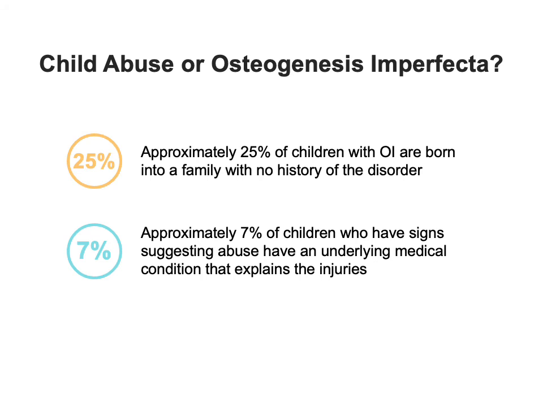Sadly, child abuse is a reality that our healthcare professionals and law enforcement officials really do have to look for signs of when they're dealing with different cases involving young children or even older children. But they also have to be careful of these cases where a child may have a form of osteogenesis imperfecta at such a mild or moderate level that if it doesn't appear in the family history before, it may be undiagnosed. So there are some steps that professionals can take when they suspect that there is child abuse in order to rule out a genetic disorder such as OI.